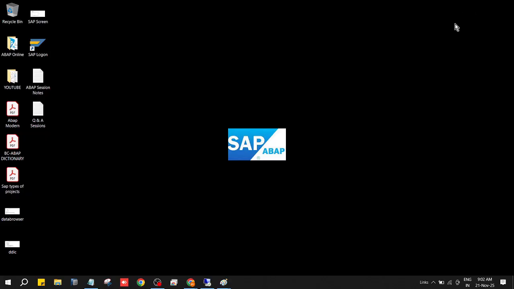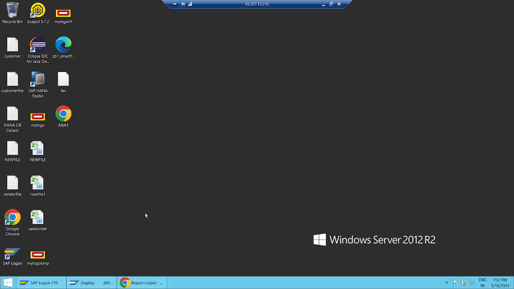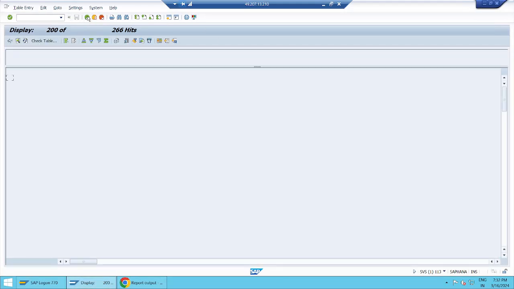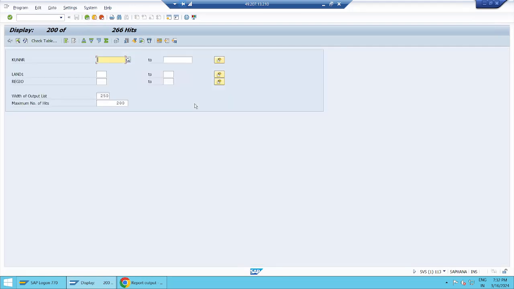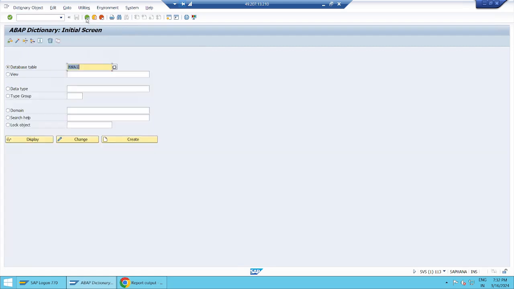Yes. So in this session, we'll go through the ABAP dictionary related data browser options. This is your data browser options completely, along with the dictionary data browser. As I said, you can navigate any table. That is SE11. If I type some table, it says that table not found, that is not there in the